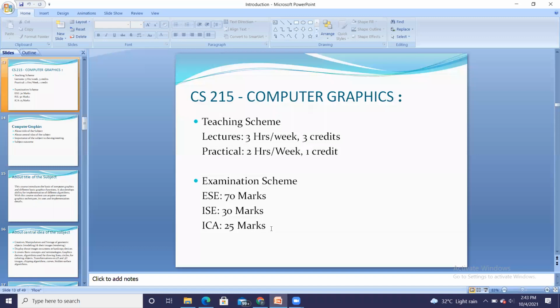I will be sharing the link and you have to attempt that test, and you will get the ICA marks according to your score. So total 25 marks weightage divided into 3 criteria: journal, attendance, and MCQ test. The in-semester examination of 30 marks, you already know, is the same as your first year, and ESE of 70 marks. So that is the marking scheme of CG.